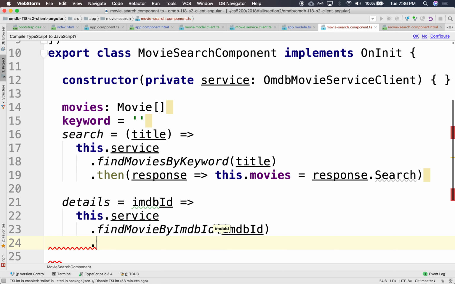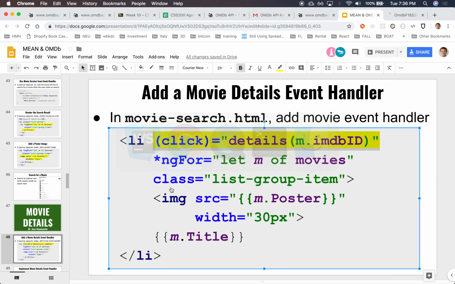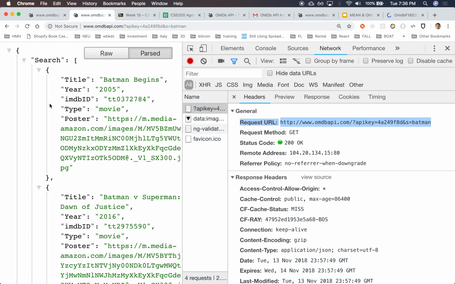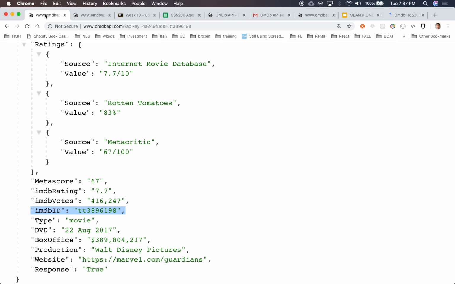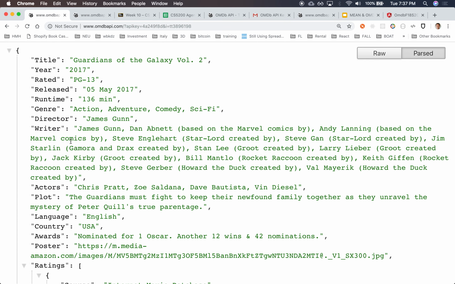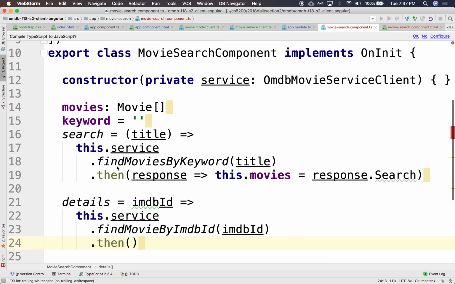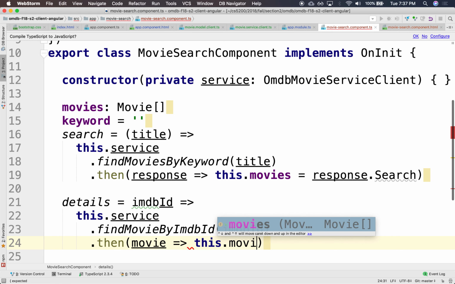And it's going to come back as a promise with an actual movie object. It's going to look like this. Right? It's going to look like that. No, not like that. That's the search results. Like that. That's a movie. That's an actual object. All right, so it's going to say a movie object, movie. And I'm going to store it in a local movie object,